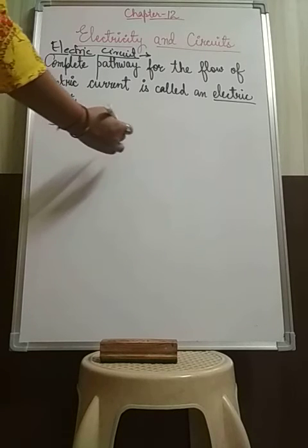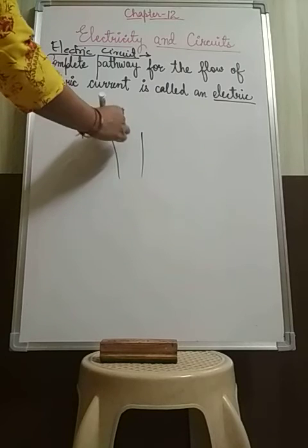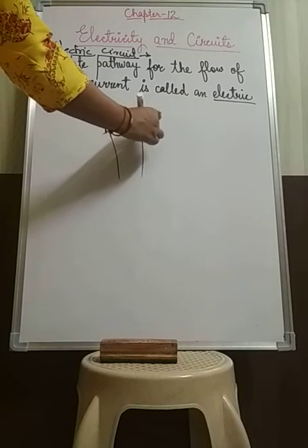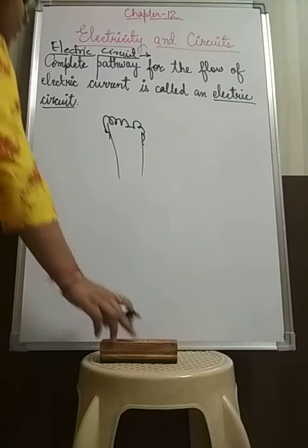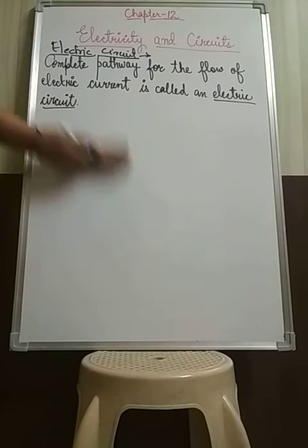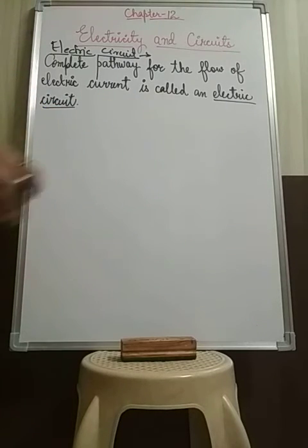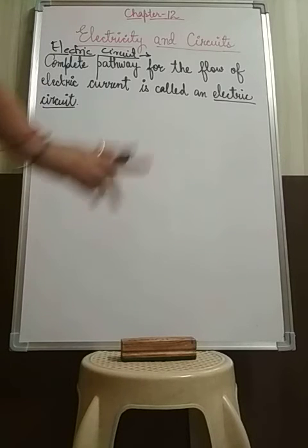I told you the filament is like that. It is completely attached with a different type of wire, supporting wires, which makes the circuit complete. It also provides a path for the electric current to flow and easily reach the negative terminal of the cell. So a complete circuit with no break